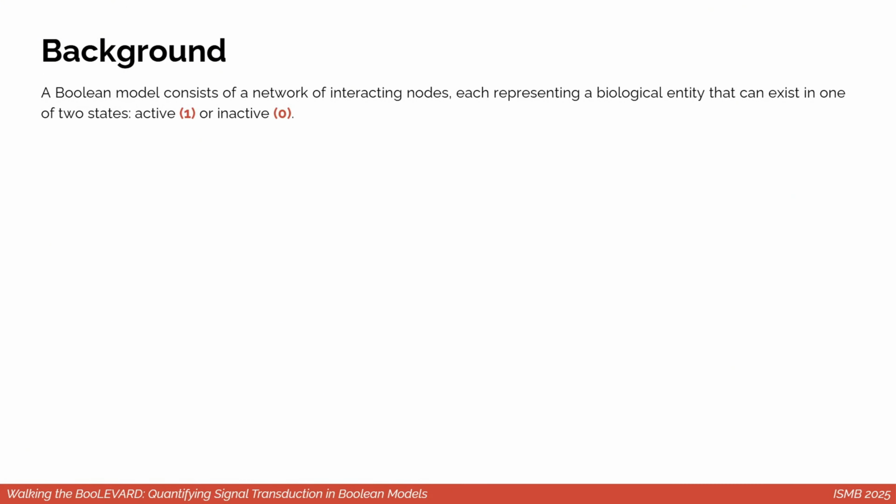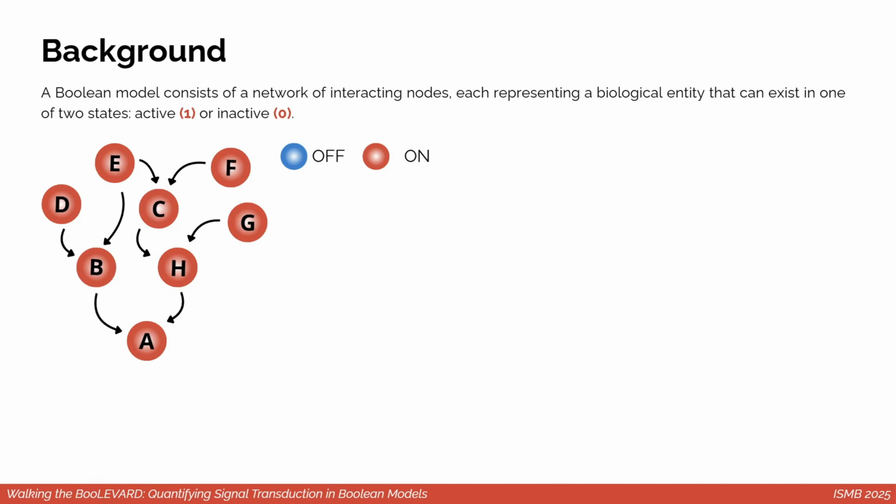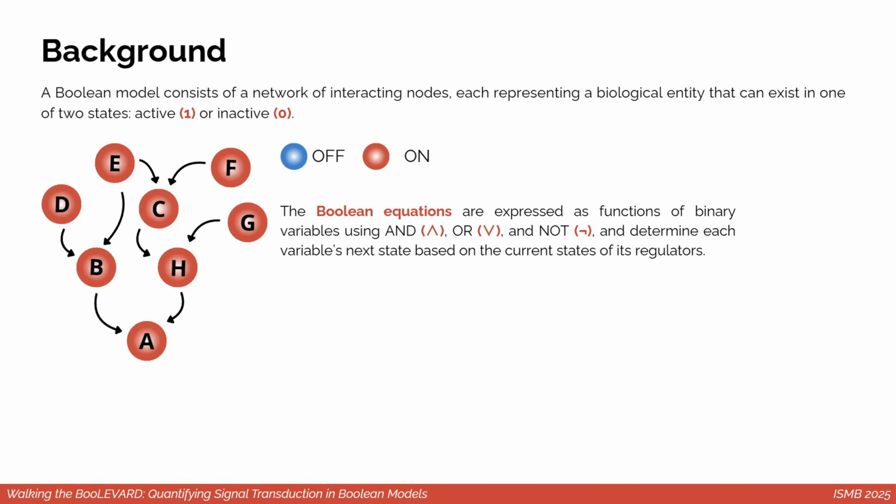A Boolean model consists of a network of interacting nodes, each representing a biological entity that can exist in one of two states, active, 1, or inactive, 0. Dynamics within Boolean models are brought by Boolean or logical equations, which are expressed as functions of binary variables using AND, OR, and NOT logical operators, and determine each variable's next state, on or off, based on the current states of